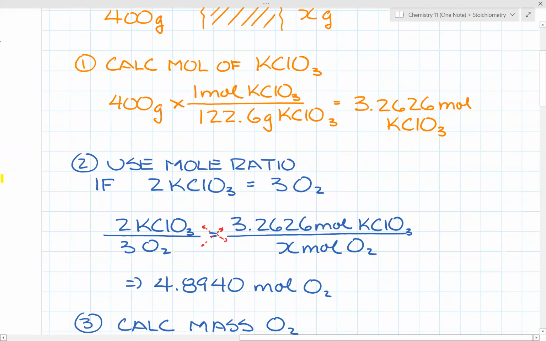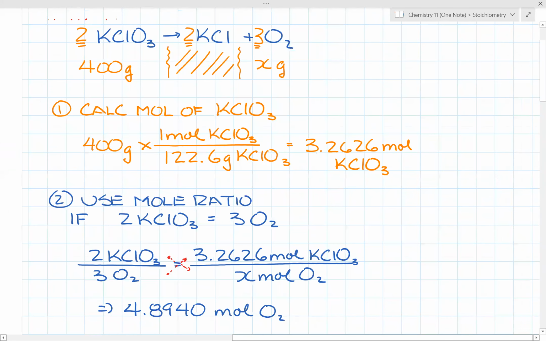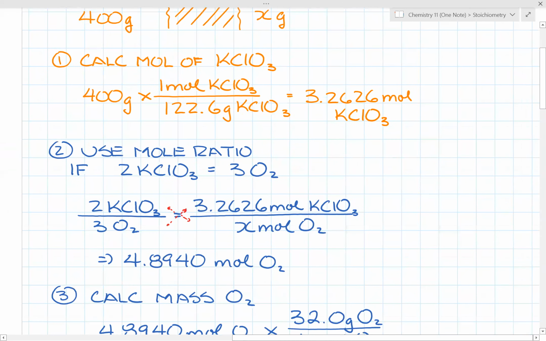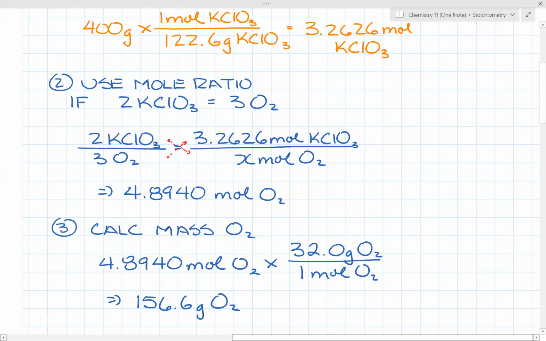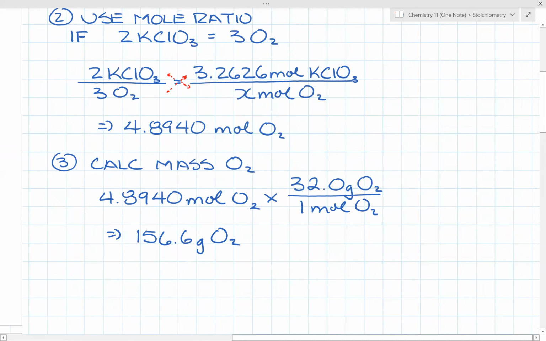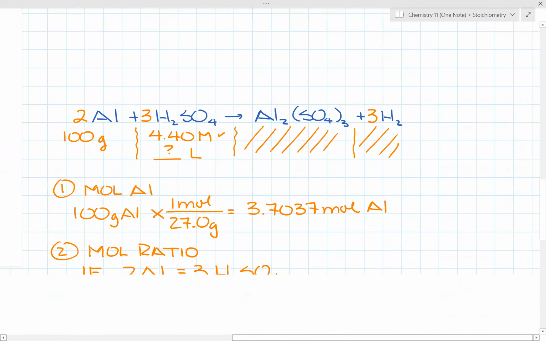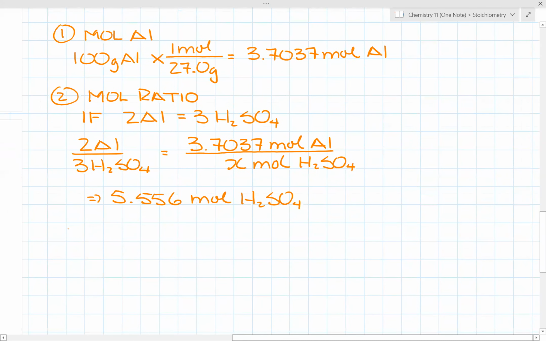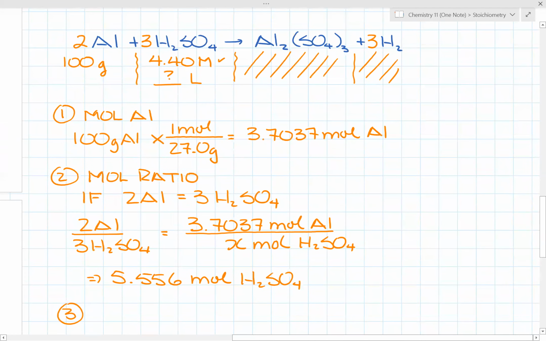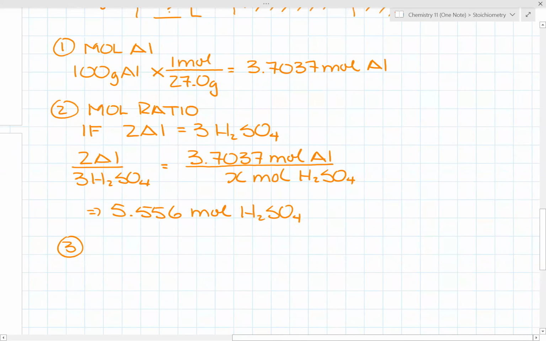Now, notice step 1 and step 2 of this question is very similar to step 1 and step 2 of the previous example. We wanted to find moles, and then we use mole ratio. Step 3 is where it's different. In the previous example, I asked for the mass of O2. In this example down here, the third step is to find the volume. So here, to calculate the volume of H2SO4,